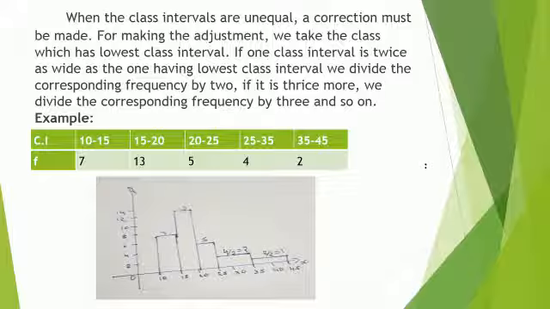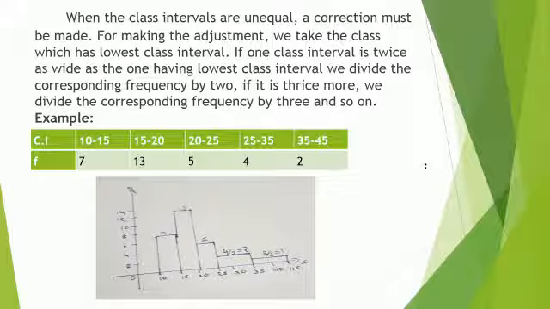For 10 to 15 the frequency is 7, just draw the bar. And 15 to 20, 20 to 25, adjacent bars, that is most important. Then move on to 25 to 35, whose class interval distance is twice the last one. So the frequency is divided by 2, because the common class interval is 5 and this one is 10. It is 2 times, so you divide the frequency by 2. So 4 by 2 is 2.